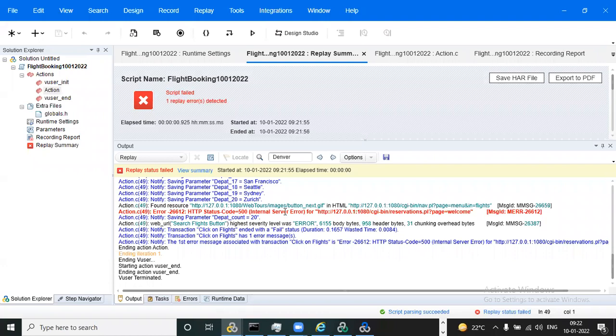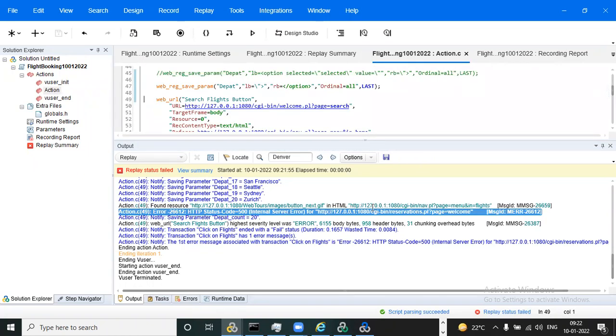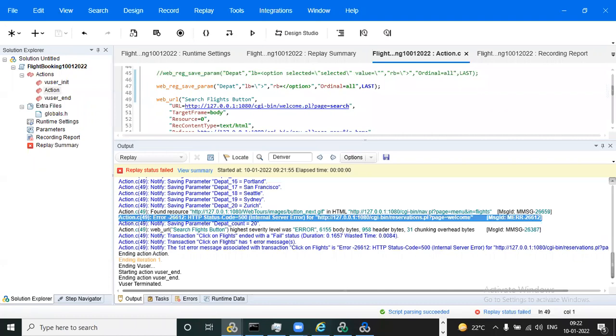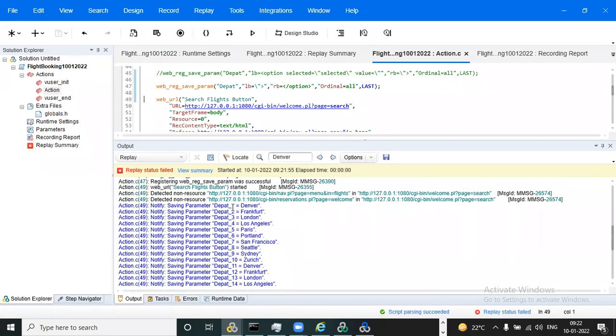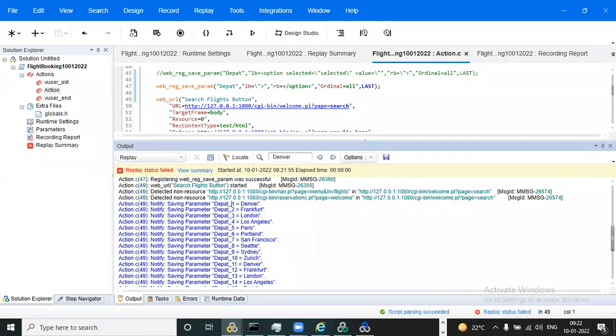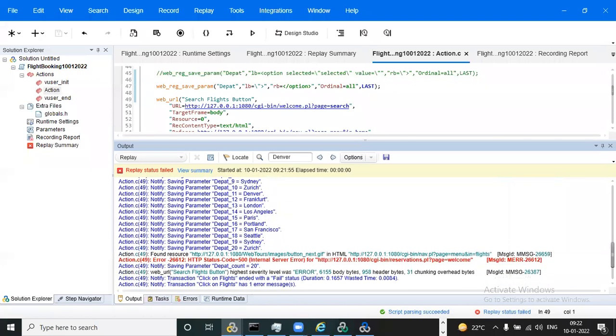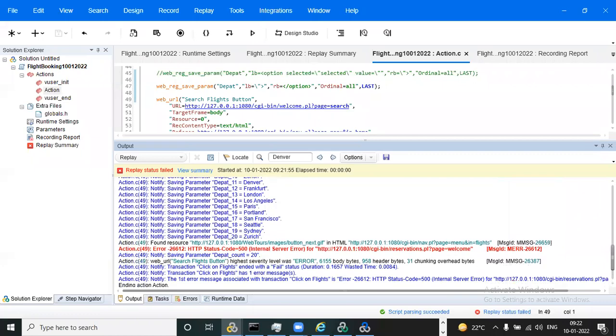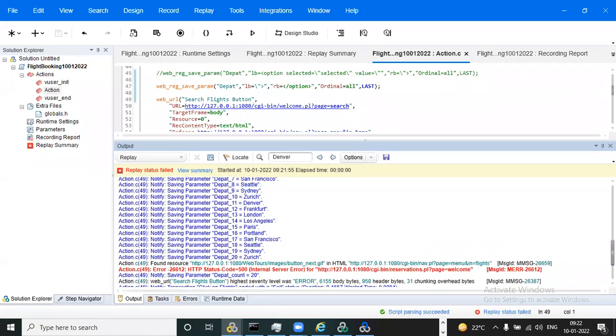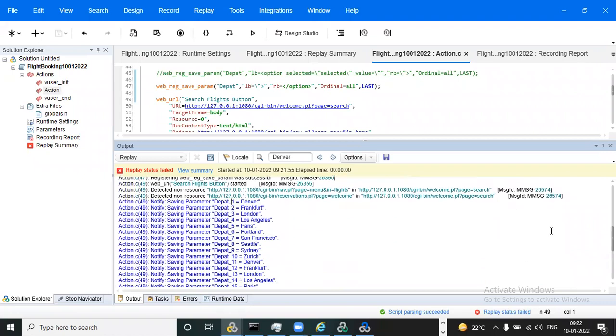Internal server error. Okay, whatever it may be, you can still see. Now we can observe how many values there are. All the values are captured. See, Denver, Franklin, London, Los Angeles, Paris, Portland, San Francisco. So all 20 values are captured, right? Everyone able to see? Using which argument? Ordinal. So now I want to capture Paris. What is the position of Paris? It is the fifth value.